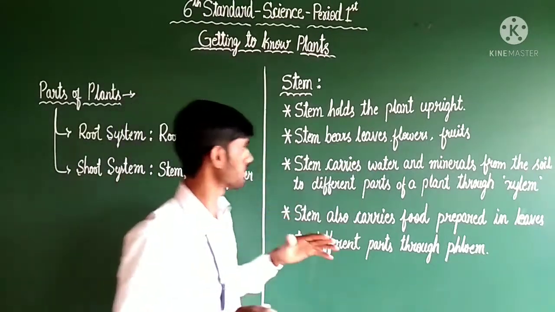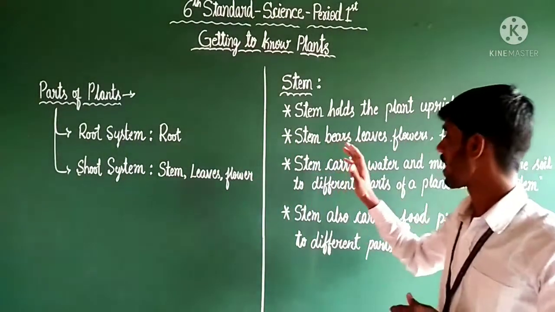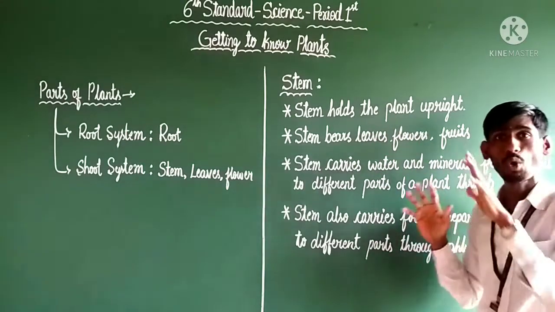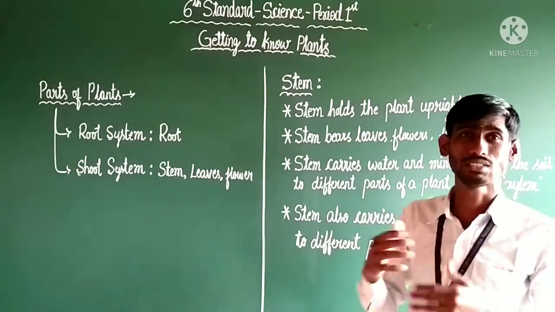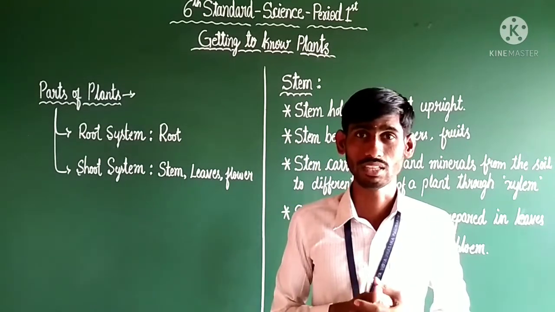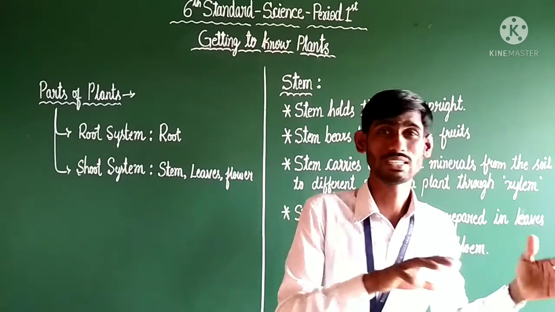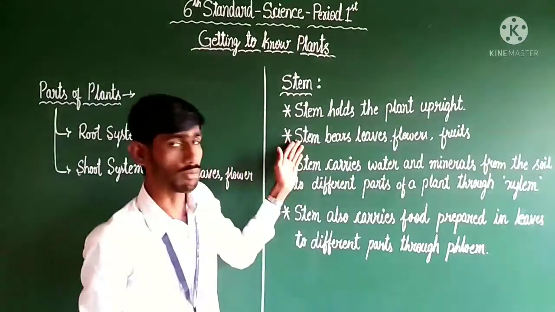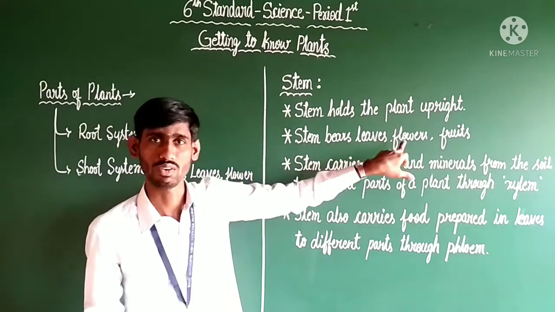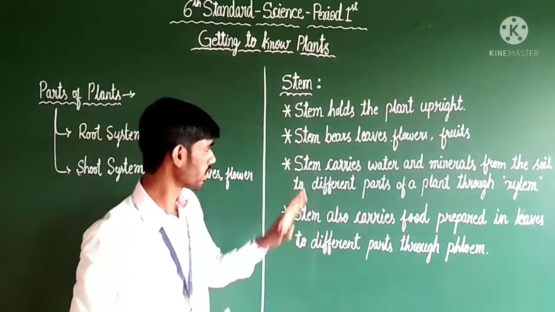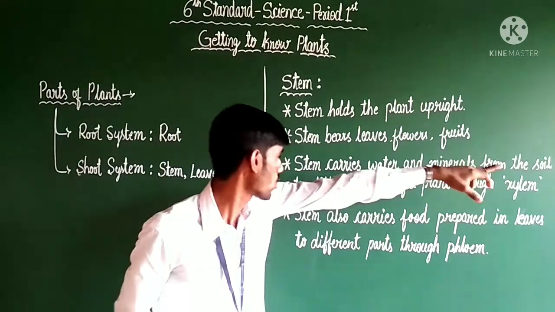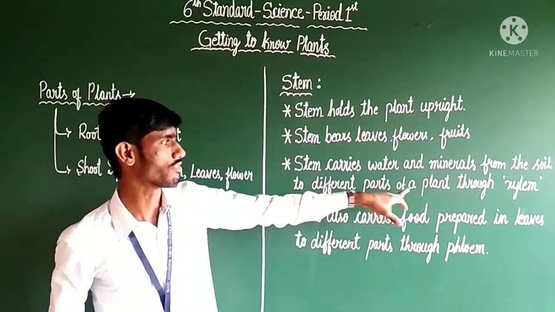Isn't it? Each stem bears the leaves, flowers, fruits properly because of the wind, because in the time of the rainy season and in the time of other seasons, the stem helps a lot in bearing the leaves, flowers and so on. Dear children, the stem carries water and minerals from the soil to different parts of a plant